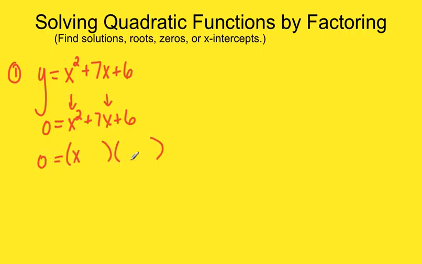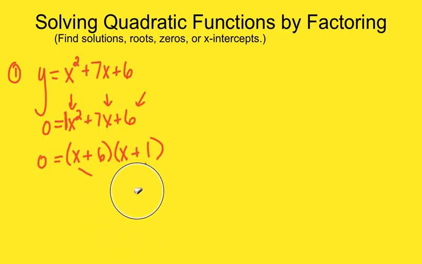X squared, you could get that by doing x and x. Multiplies to be 6, adds to be 7. I can say that because the a is 1. So that would be 6 and 1. You'd have two positive signs. Check that. X times x is x squared. 6 times 1 is 6. And then that would be x plus 6x in the middle is 7x. So that did factor